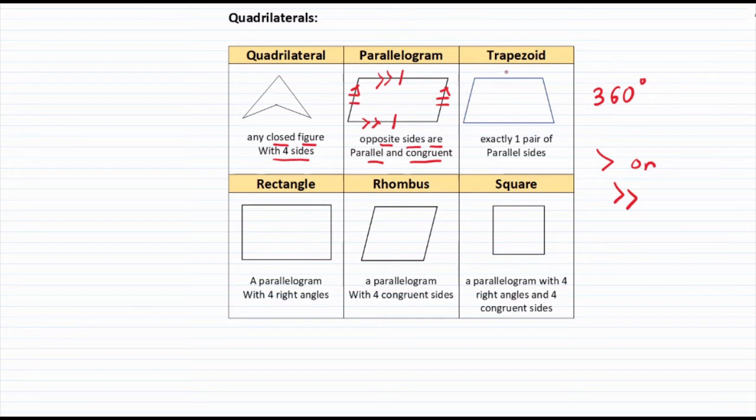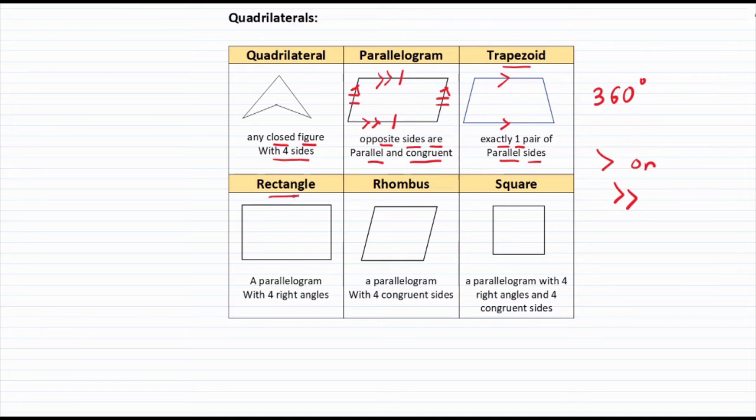This is another type of quadrilateral known as a trapezoid, where we can see exactly one pair of parallel sides is present over here. So this is parallel to this. The next type of quadrilateral is